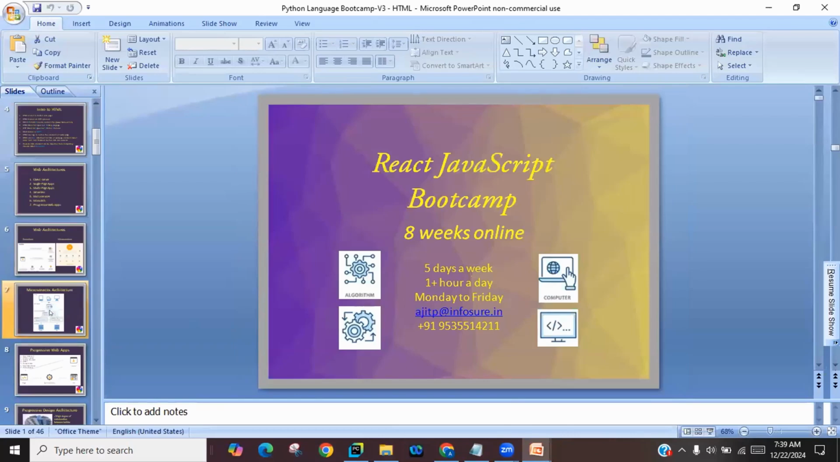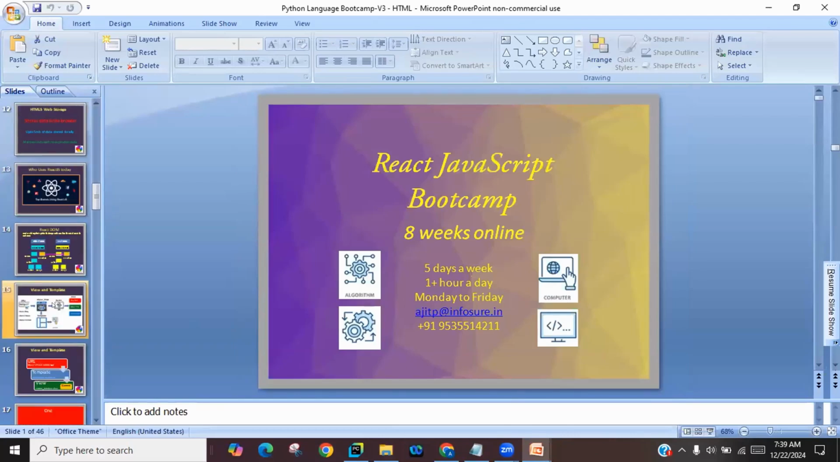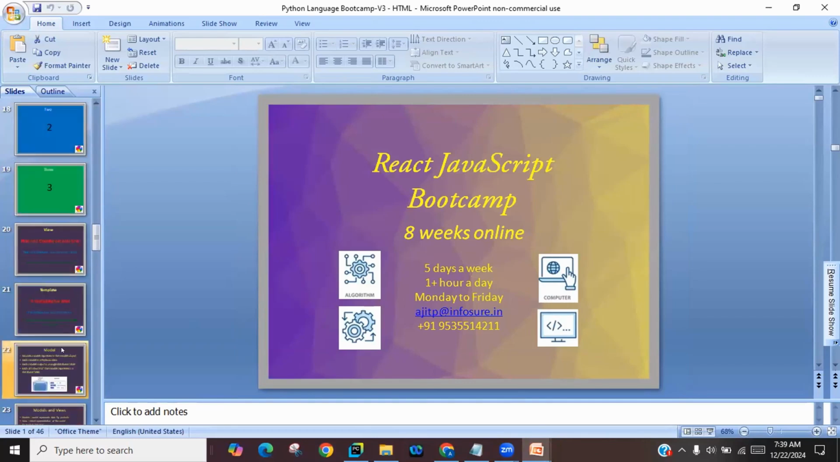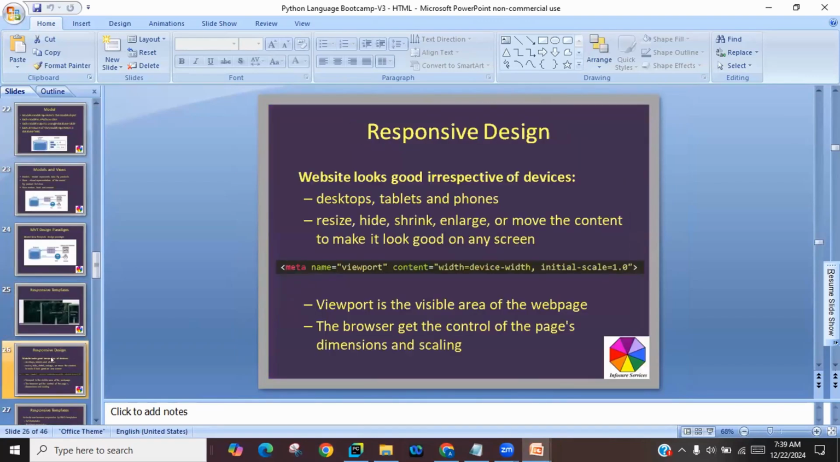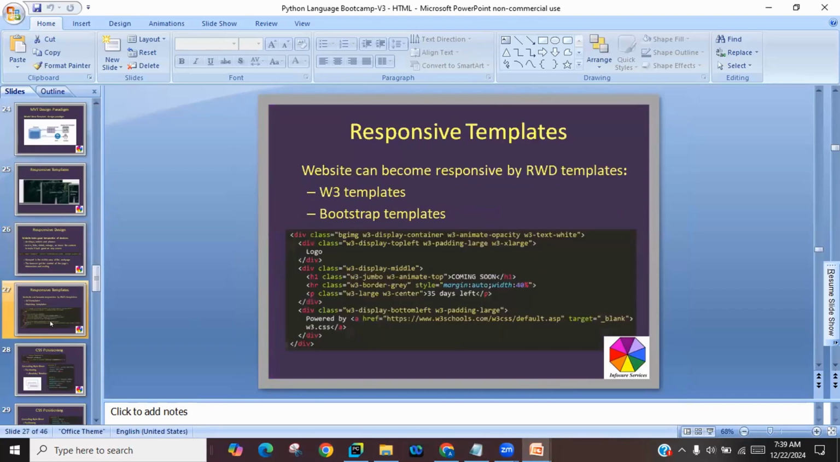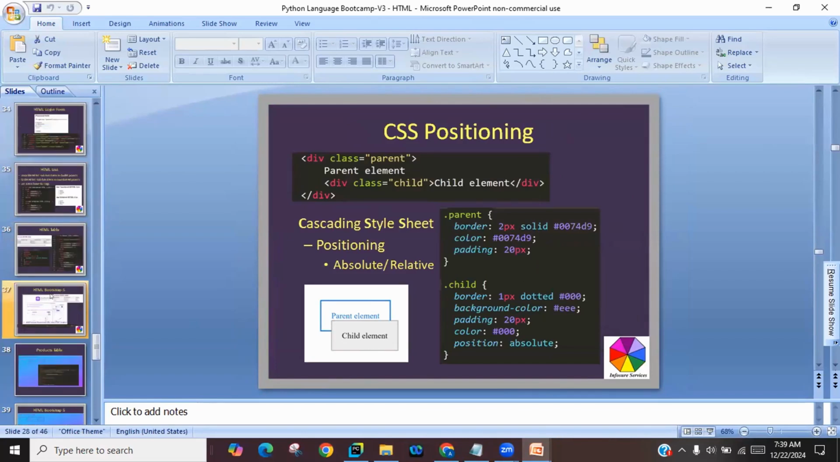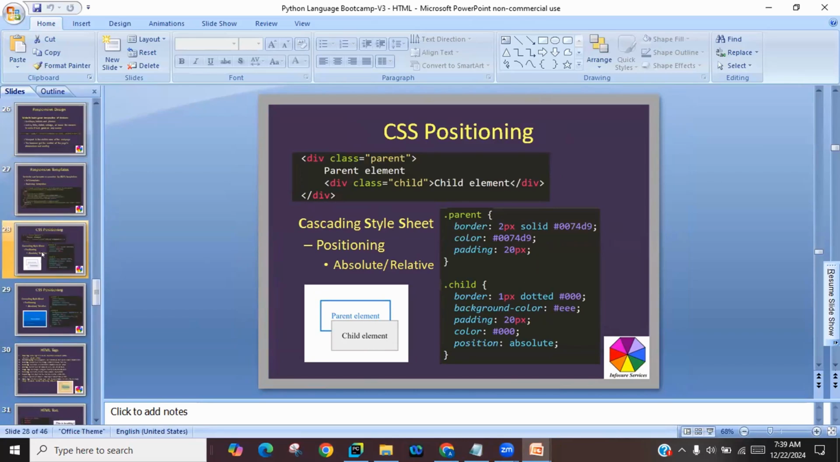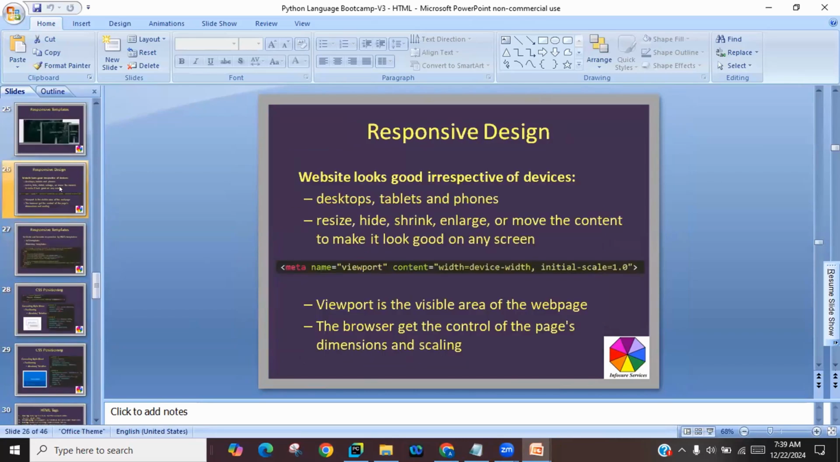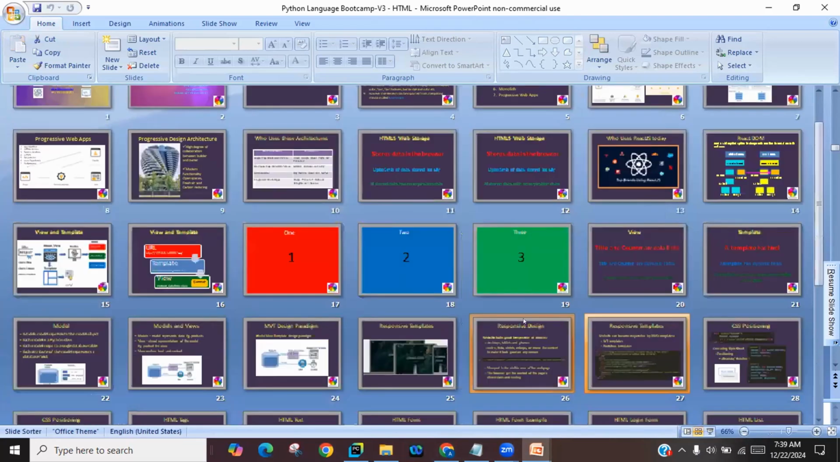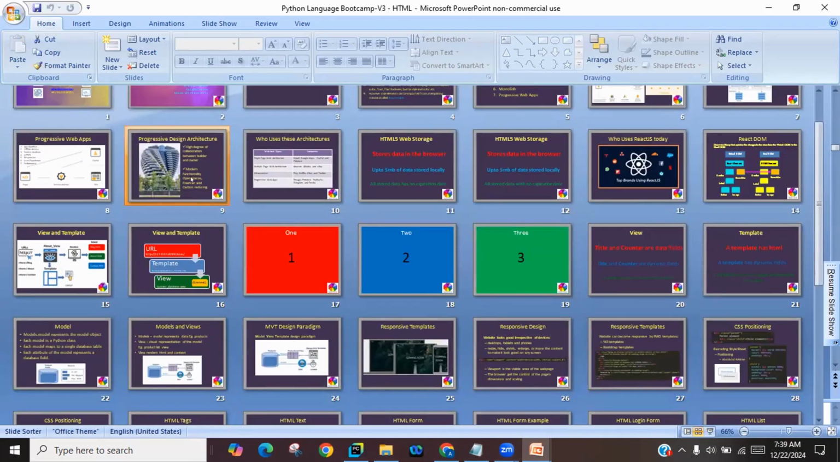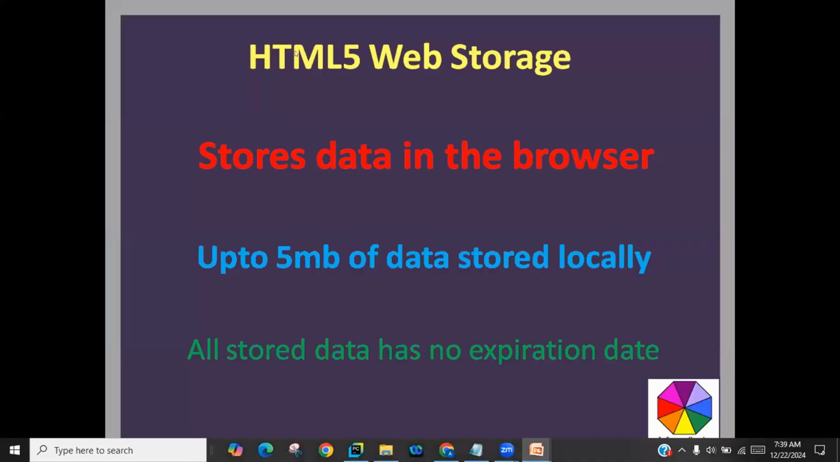A lot of things happen in the browser. Modern browsers have what's called a cache. Okay. Responsive template, you understand that, right? The page is responsive, but data is responsive by design. In HTML5,